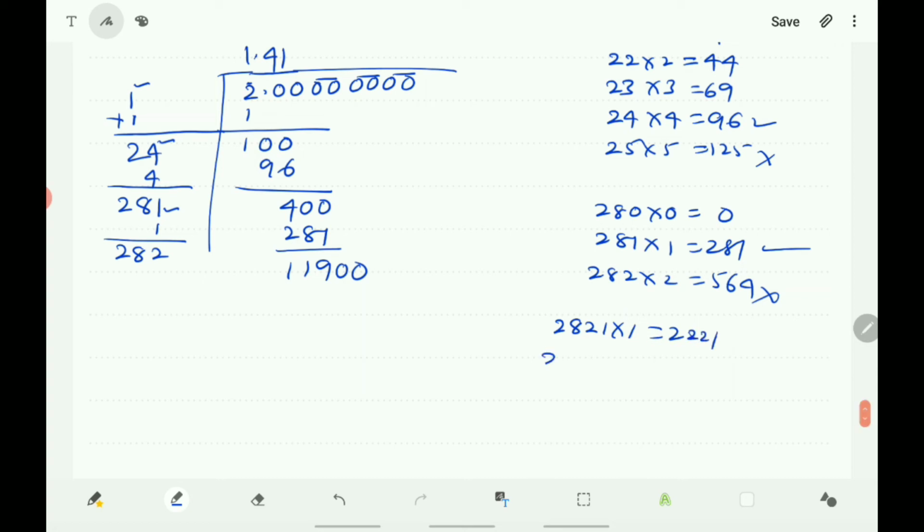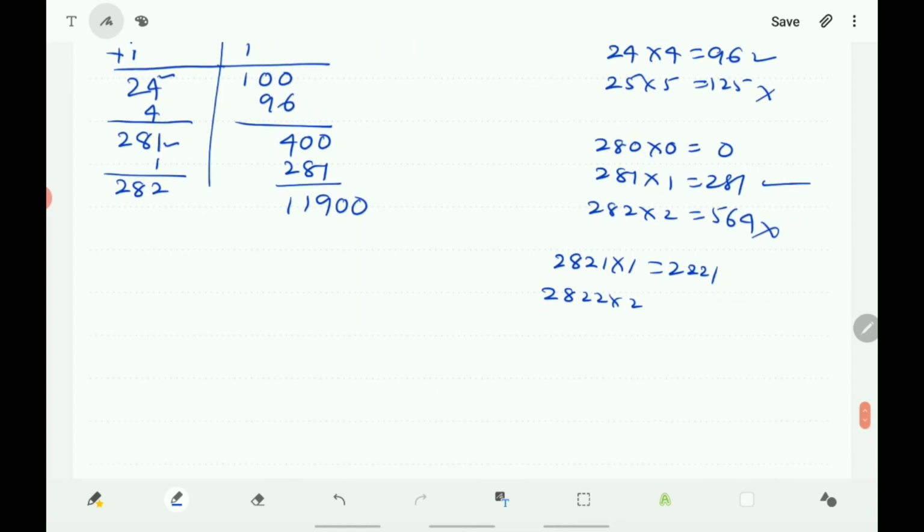2 1. Next 2 8 2 2 into 2. Approximately you guess. Here it is 11 is there. 2 5s are 10. So mostly 2 8 2 8 2 5 into 5. Verify here. 5 5s are 25. 5 2s are 10 plus 2 12 and 5 8s are 40 41. 5 2s are 10. It becomes 14,125. It is not okay because here it is 11,900.